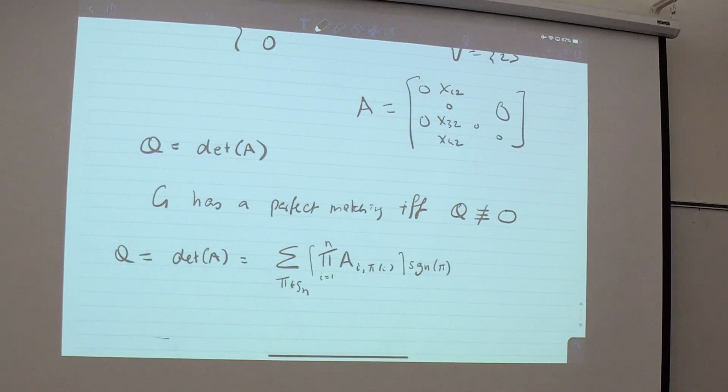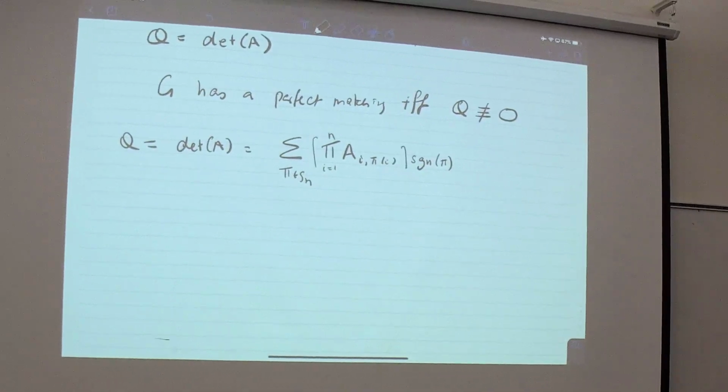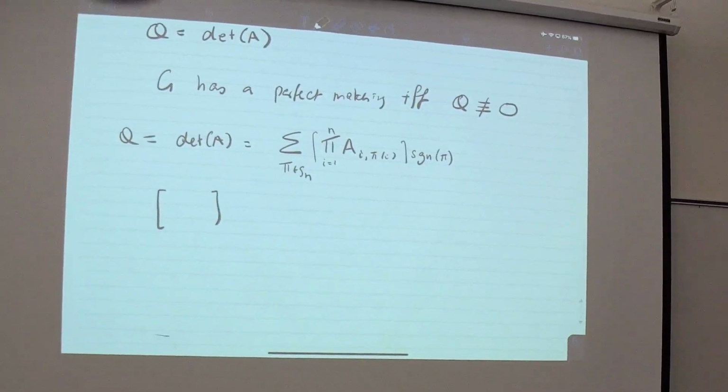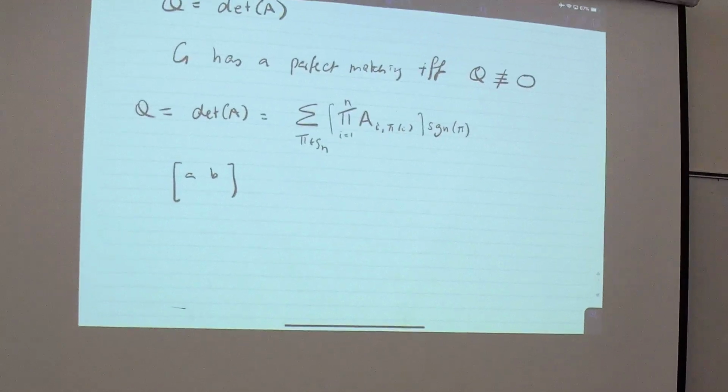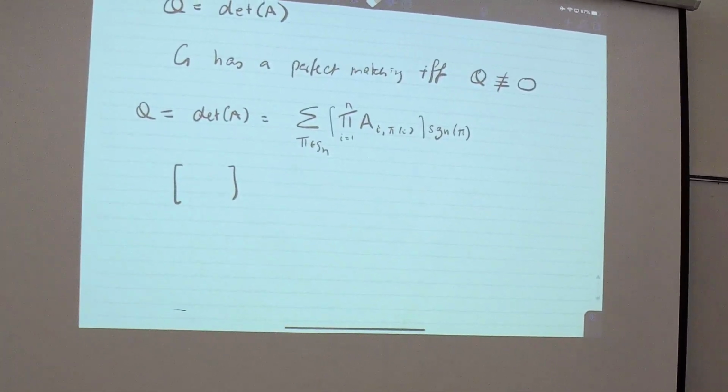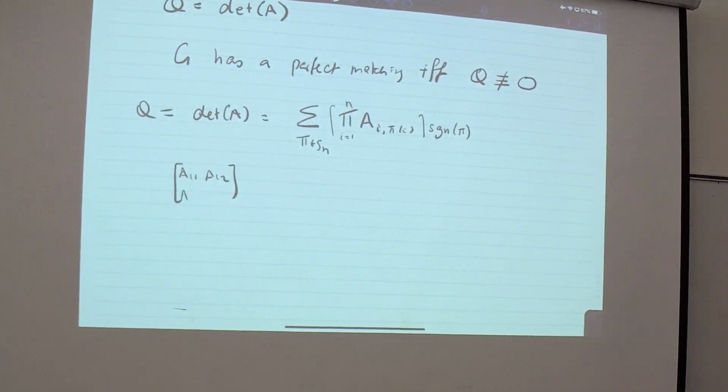Let's try to do this a little bit more. We'll do this in a very trivial way, right? So let's look at the determinant of a 2 by 2 matrix. So let's do this one. Okay, so this is very trivial, and we know the determinant of this matrix is equal to A11,